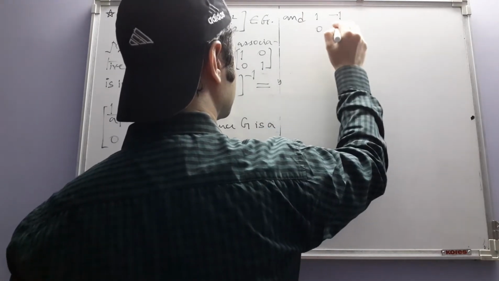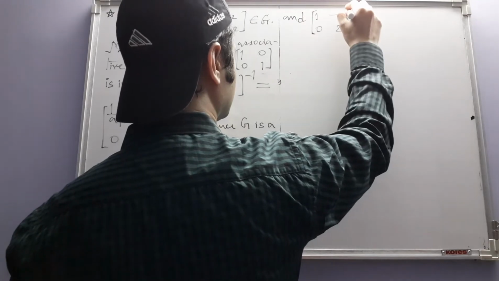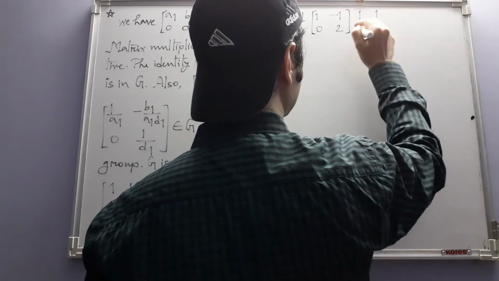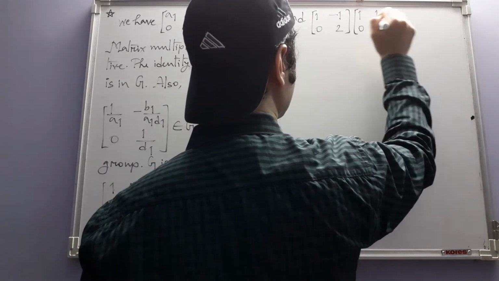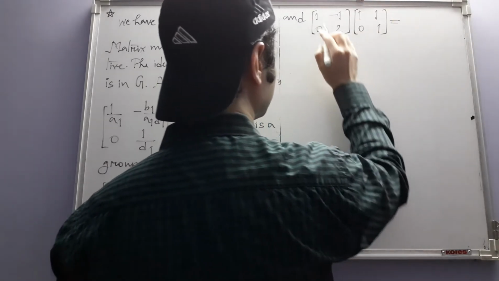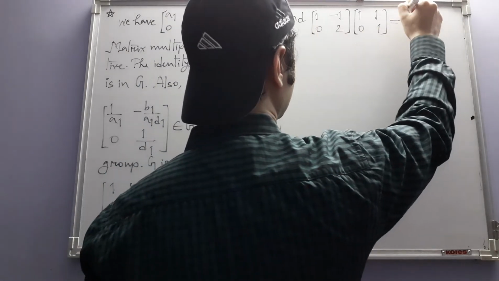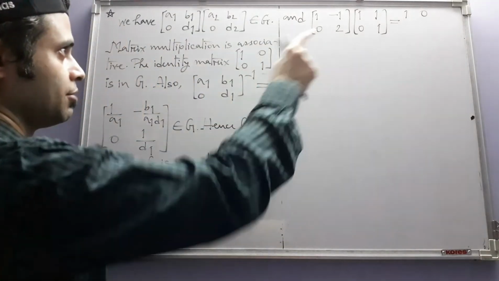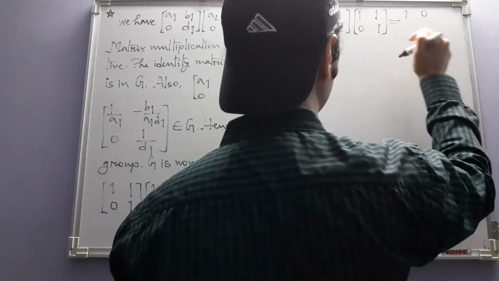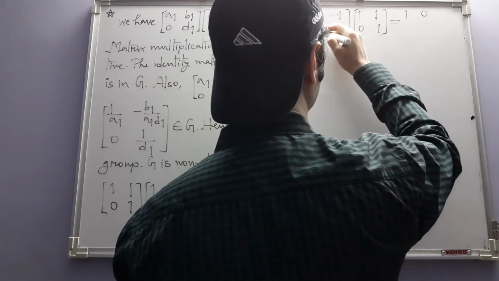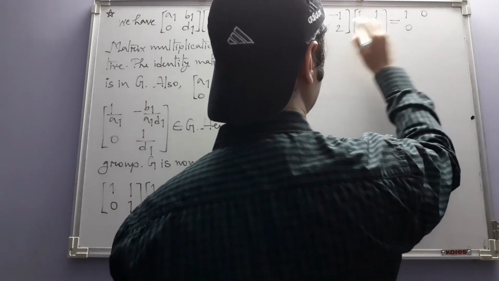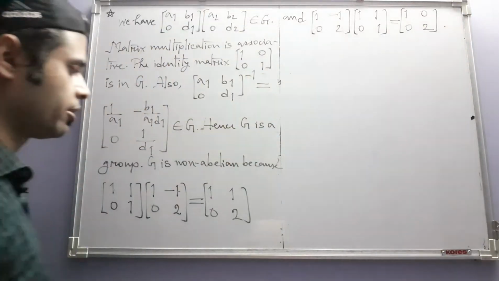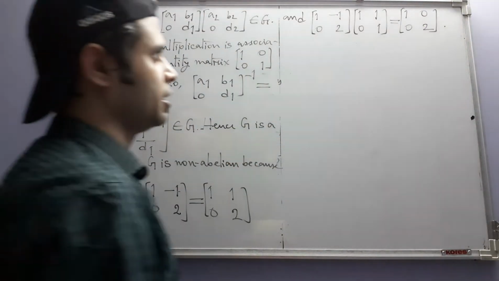One minus 1, 0, 2, 1 1 0 1. So this becomes 1 plus 0, 1, 1 minus 1, 0. So here we have a difference. Whatever happens here after that, the matrices are different: 0 plus 0, 0, 0 plus 2, 2. So they do not commute. So the group is non-abelian.